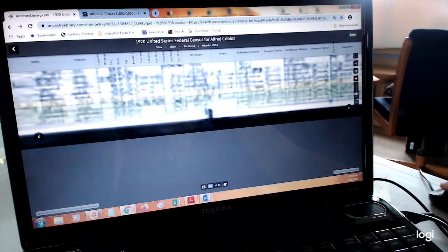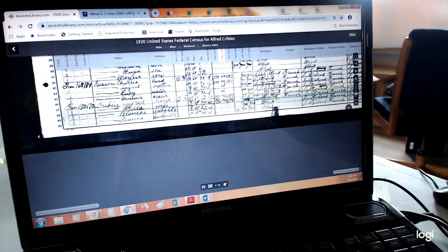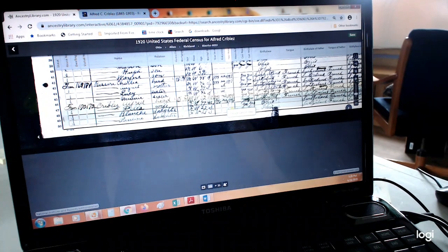We get a little bigger here. So we can see that he came in 1891 and was naturalized in 1899. She came in 1896 and was naturalized that same year, which is not possible. So there again, you need to take the information you find here and find other sources to back it up. But this is a great place to come when you don't know where else to look. You just don't know where to start.